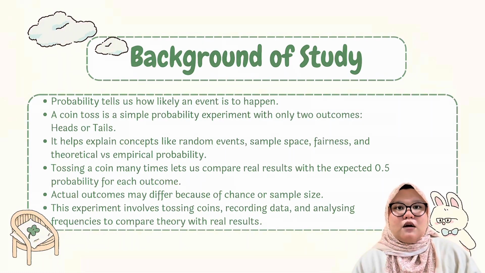When we toss a coin many times, we can compare the real frequencies with the theoretical probability of 0.5 for each outcome. But the result might not be exactly the same because chance and sample size can affect outcomes. In this experiment, we tossed coins, recorded the data, and analyzed the frequencies to see how closely they match the